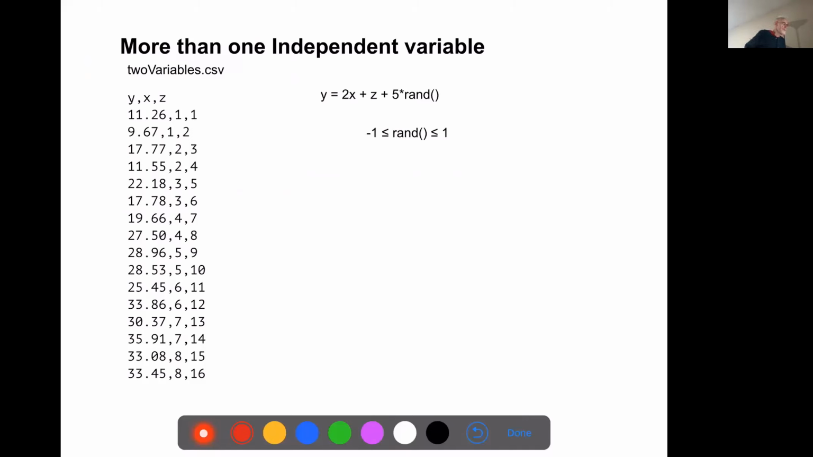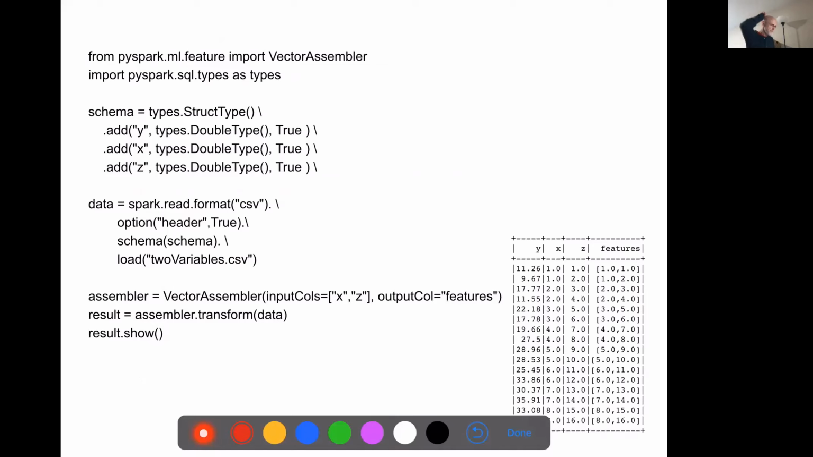Here's another example. I'm adding some random noise just to make it slightly more interesting. And there's two independent variables, X and Z. For the process now converting this to SMV format is basically identical. Again, remember,